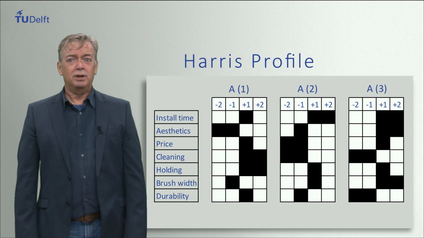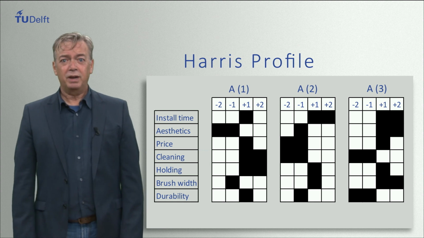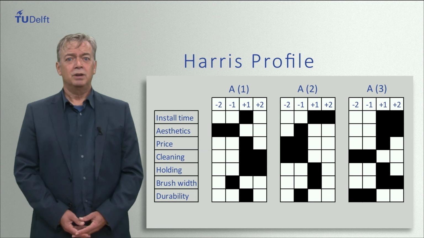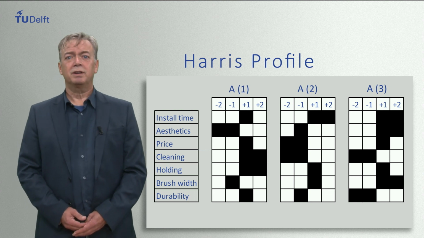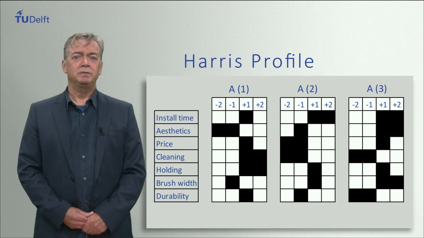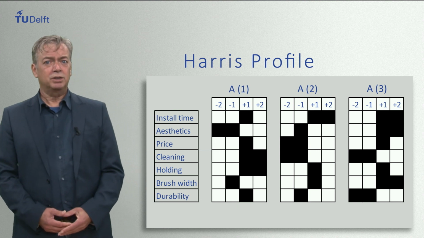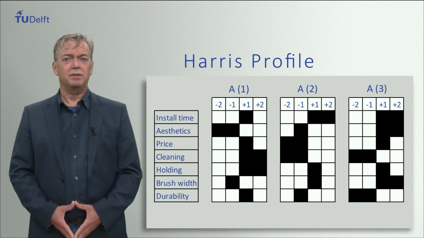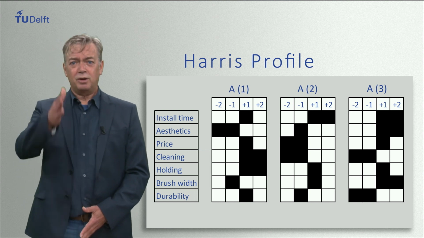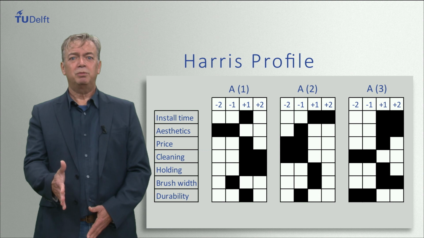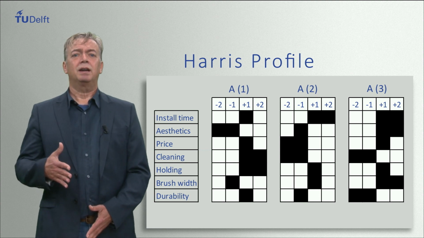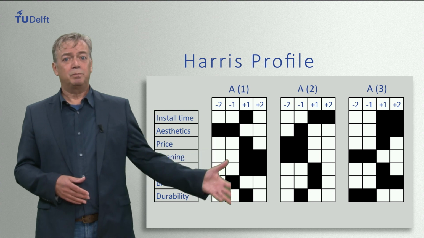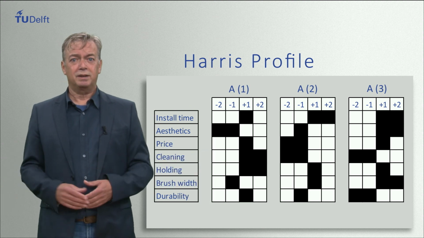Adding up all values now is done by the decision maker based on the overview this method offers, the 3 profiles. To help deciding, the most important criteria can be put at the top. And the overview that is now offered with the Harris profile method is visual, and the designers can interpret this. They mentally draw a line through the center of each profile and see weight at the right and weight at the left. At the right is positive and at the left is negative.